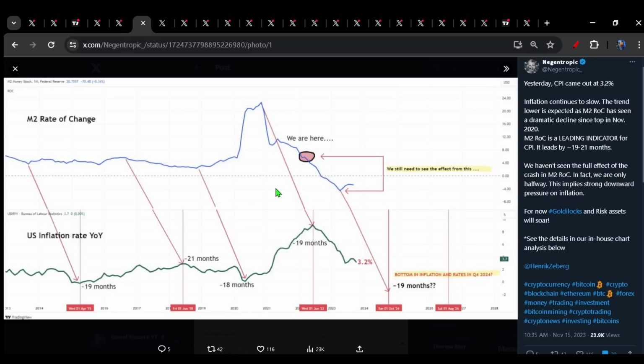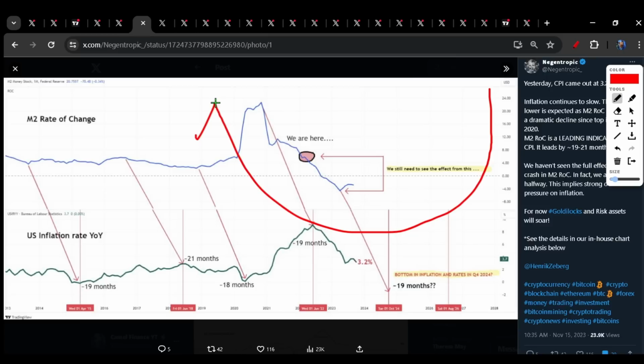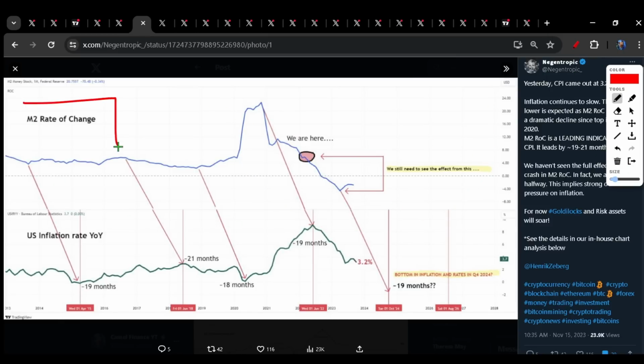So now the question becomes, why do I think this is what's in play? And the answer is 3 or 4-fold. First of all, I believe that we are swinging from a highly inflationary environment towards a deflationary environment. I believe one of the biggest contributing factors to this is anything you do to the M2 rate of change will show up in the CPI print with around an 18-month lag. Therefore, since we had such an aggressive ramp up during the COVID era, followed by a very, very severe snapback in the rate of change of M2, I have been suggesting that anything you do to this M2 will indeed show up in the CPI.